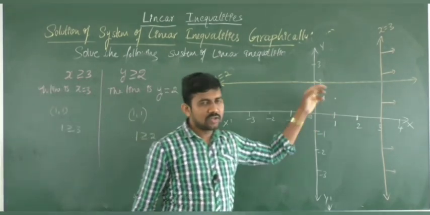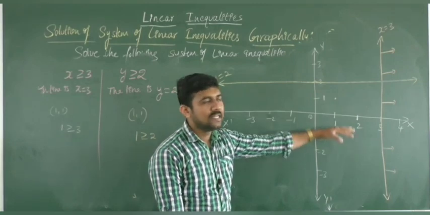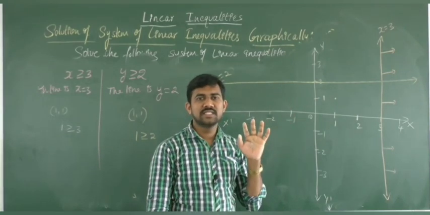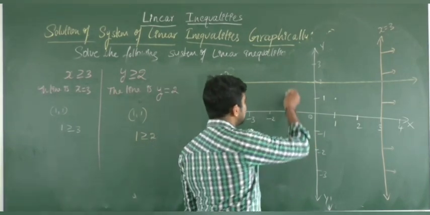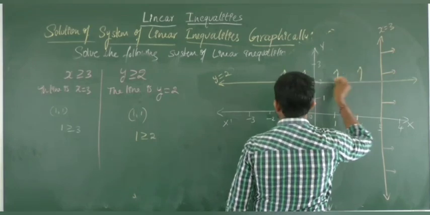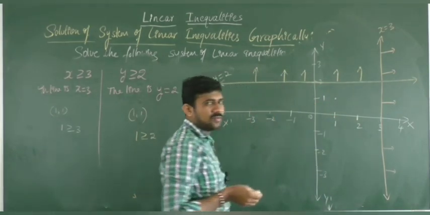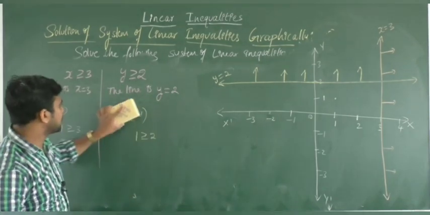So (1, 1) does not lie in the solution region. (1, 1) lies in the lower half plane. So the lower half plane is not a solution region. The solution region is the upper half plane. So you can say the solution region is the upper half plane. Okay, like this. Understand? So here no need to write the steps, directly you can say.